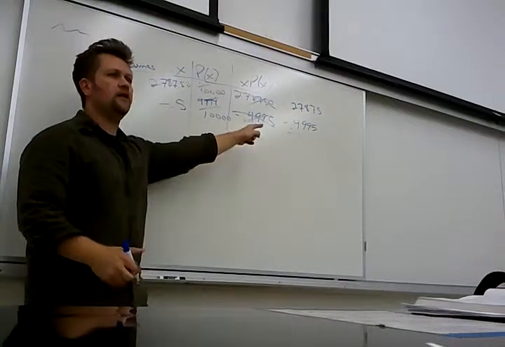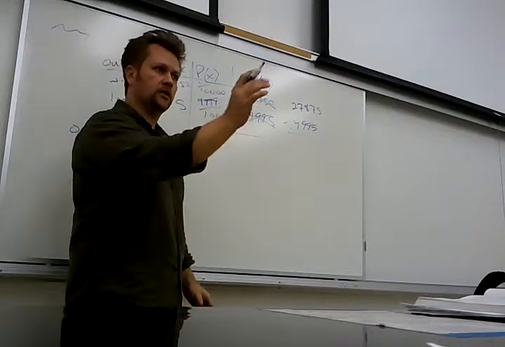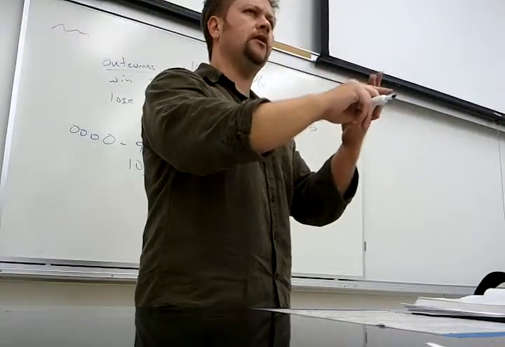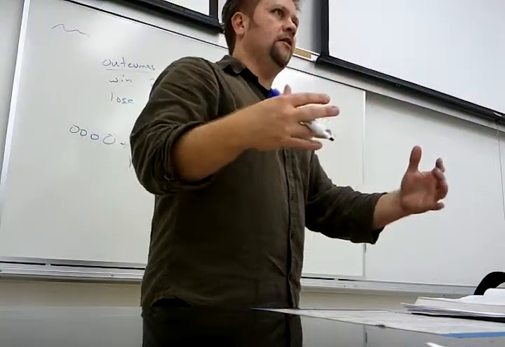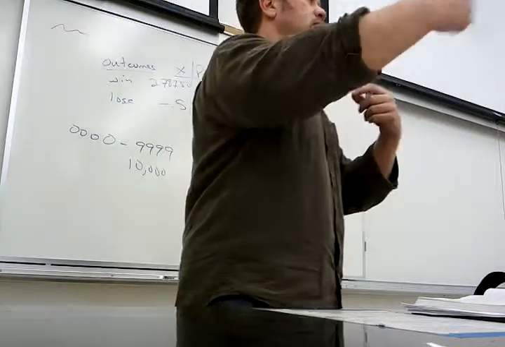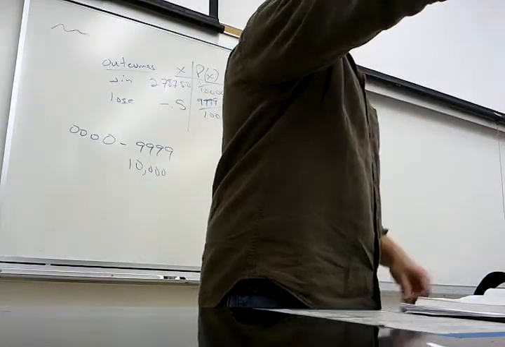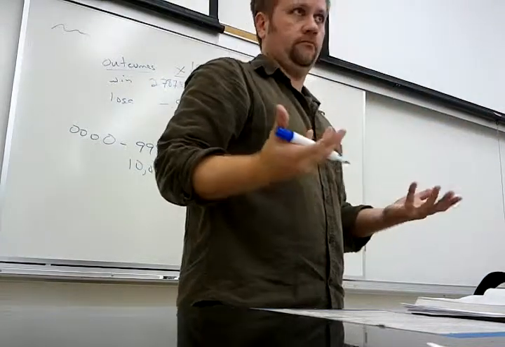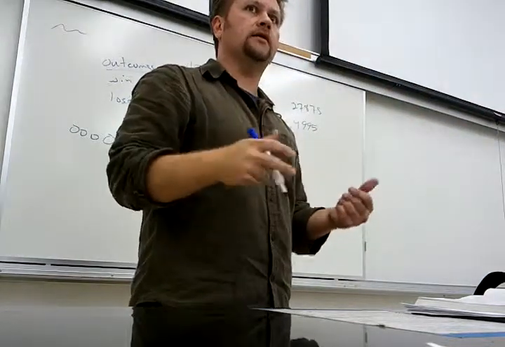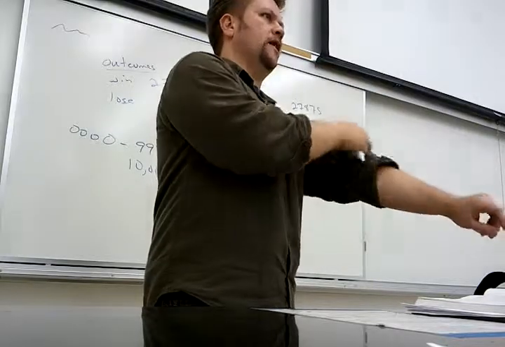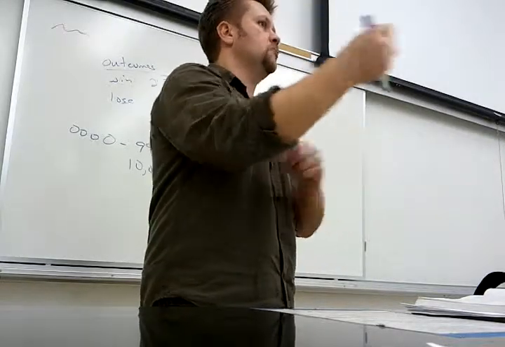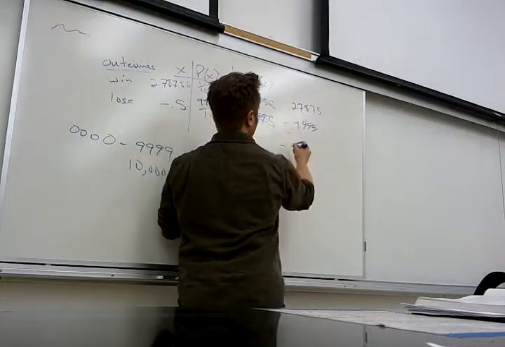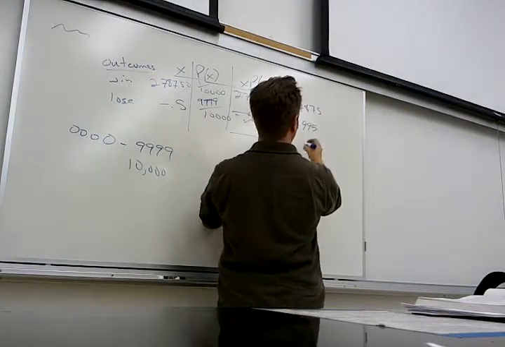And now what does my expected value come out to be? Negative something, right? That makes more sense. I expect my expected value at a casino, in a lottery, to be negative. So if my expected value is negative, I expect to lose money. What do the people on the other side expect to do? The casino people, the lottery people, they expect to make money. So any casino game, basically, you have a negative expected value. Play it enough, you will lose that much money on average. So if I play this lottery enough, I'll lose, what does this come out to be?